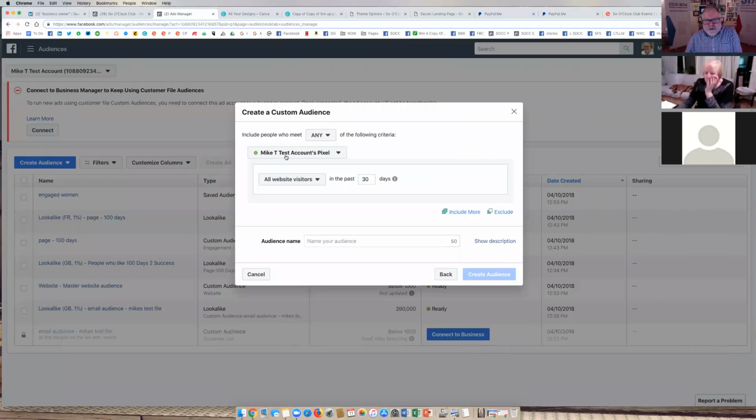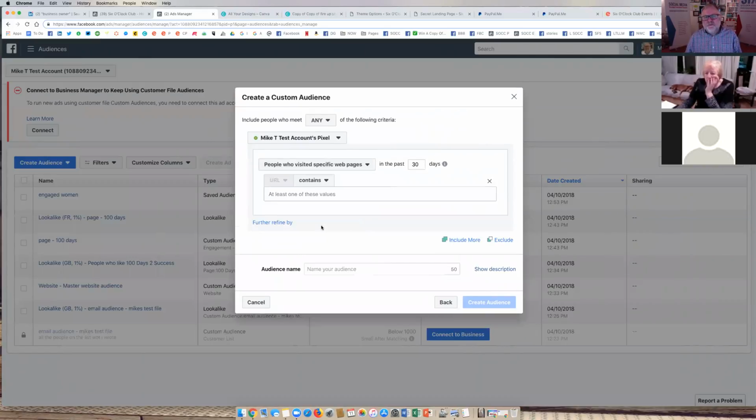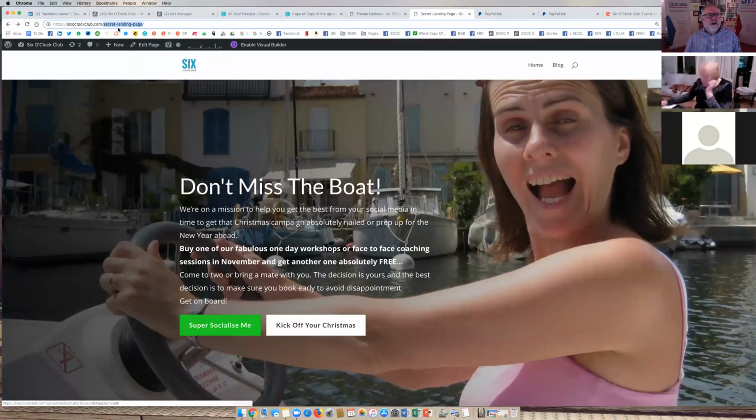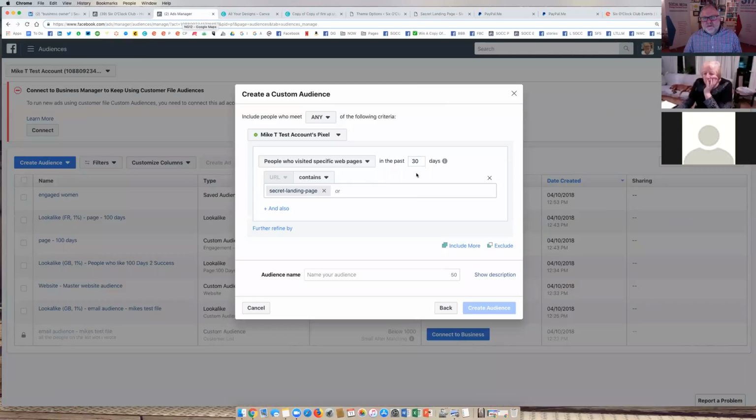So this is Mike T Test Accounts Pixel, and we want all website visitors in the past 30 days, not. What we actually want are people who visited specific web pages, and the URL had to contain secret landing page with the hyphens, because this is exactly what was up here, in this page. It says secret landing page. That identifies that one page. So come back to Ad Manager. It has to contain secret